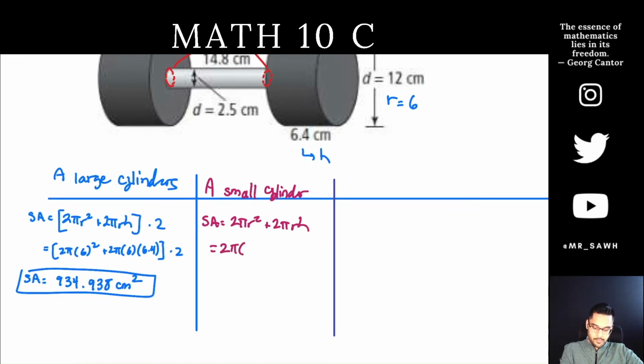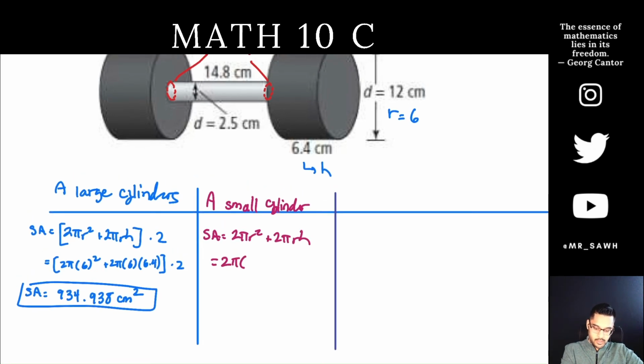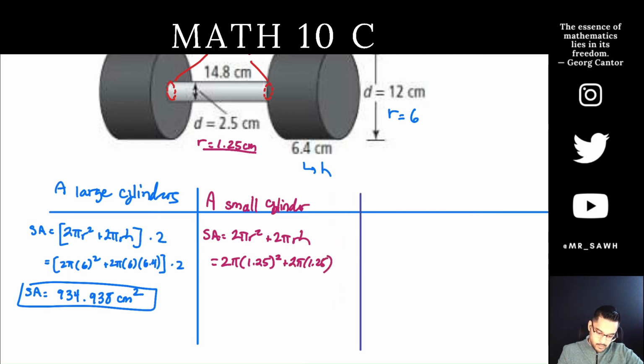So 2 pi radius. Well, the diameter is 2.5, so the radius is 1 1/4. There's my radius. Height is 14.8. So 2 pi 1.25 squared plus 2 pi 1.25, and I'm going to run out of room. Actually, let's move this line. Perfect. And the height we said 14.8, straight from the picture. So the surface area of that small cylinder in the center,